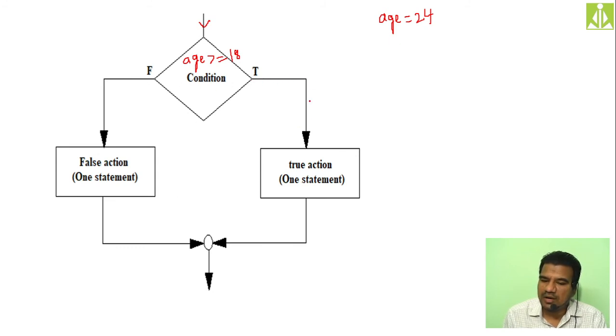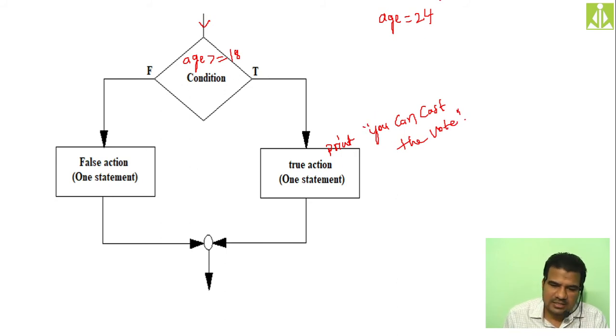The control will go in this direction, and here whatever logic processing we are doing, whatever statements we are keeping over here, we will put in such a way that we allow this person to cast the vote. Okay, so let us assume we are printing a statement. We simply print, you can cast the vote. Like this we can put one positive statement.